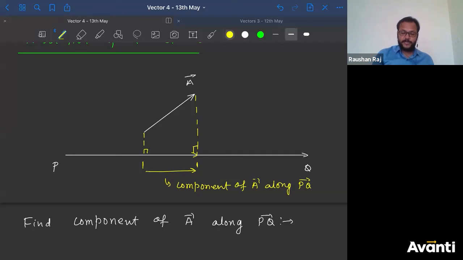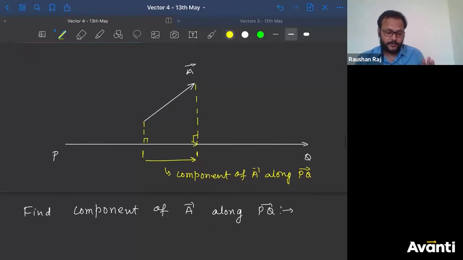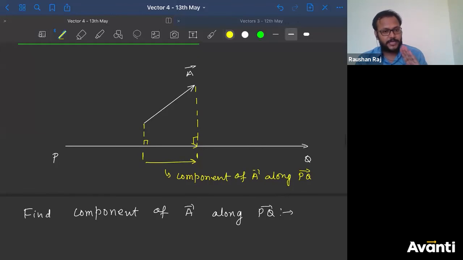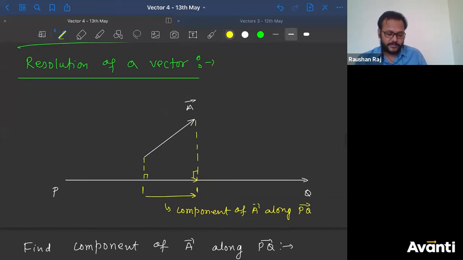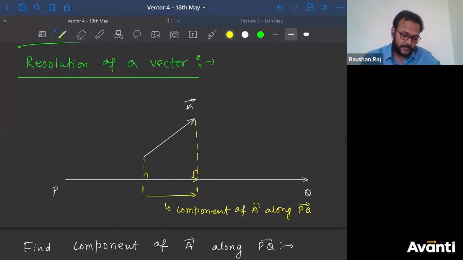ठीक है? क्या करना है समझ में आया? This is the formal approach. बिल्कुल सा formal approach है. बाद में तरीका भी बताऊंगा ऐसे solve करने के लिए. This is the formal approach to find the component of any vector along any line. ठीक है? या projection is the other name. बताता हूँ क्यों projection करते हैं, I'll let you know about that also. Why do we call that a projection also?